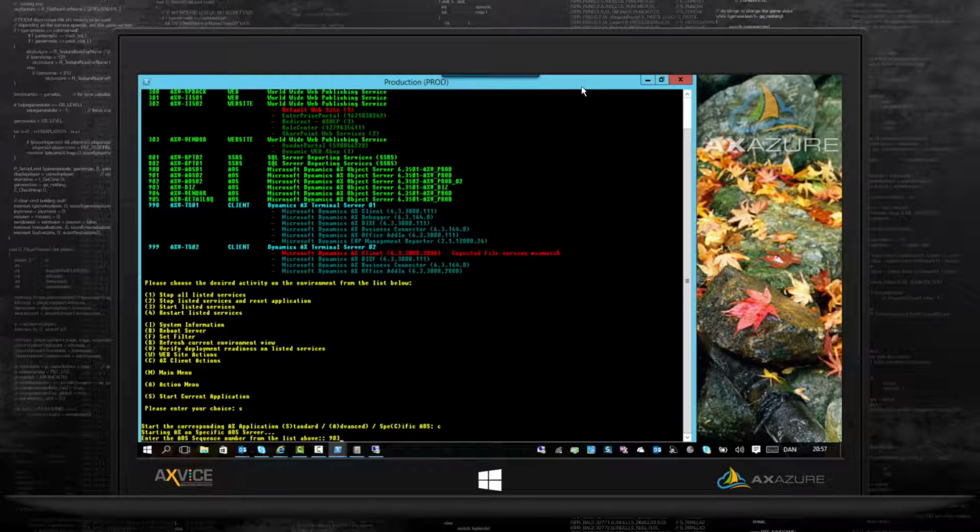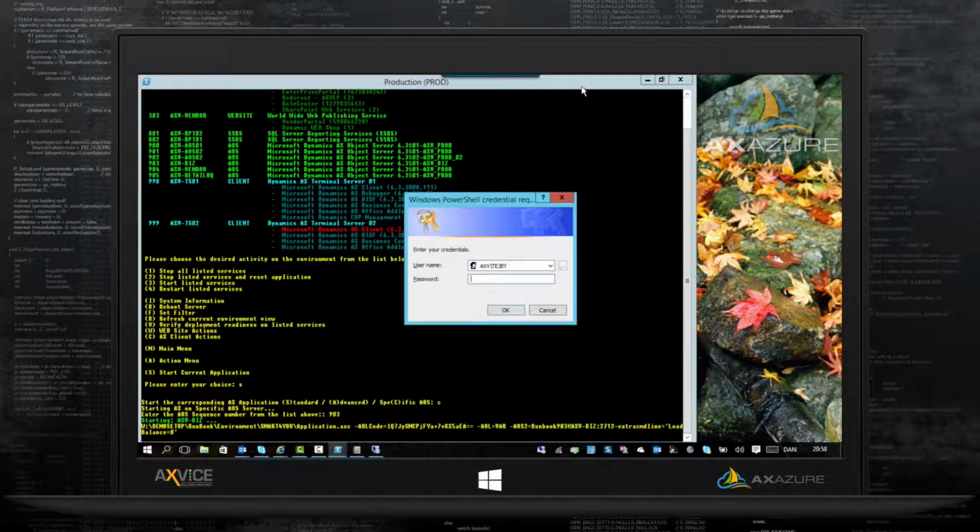Then I can say I want to open up this AOS server sequence 903. And it gives you this prompt. This prompt actually makes it possible for you to enter the user's login, and if you are so lucky that you have Skype or another share tool, then you can give access for that user to enter the user's password.